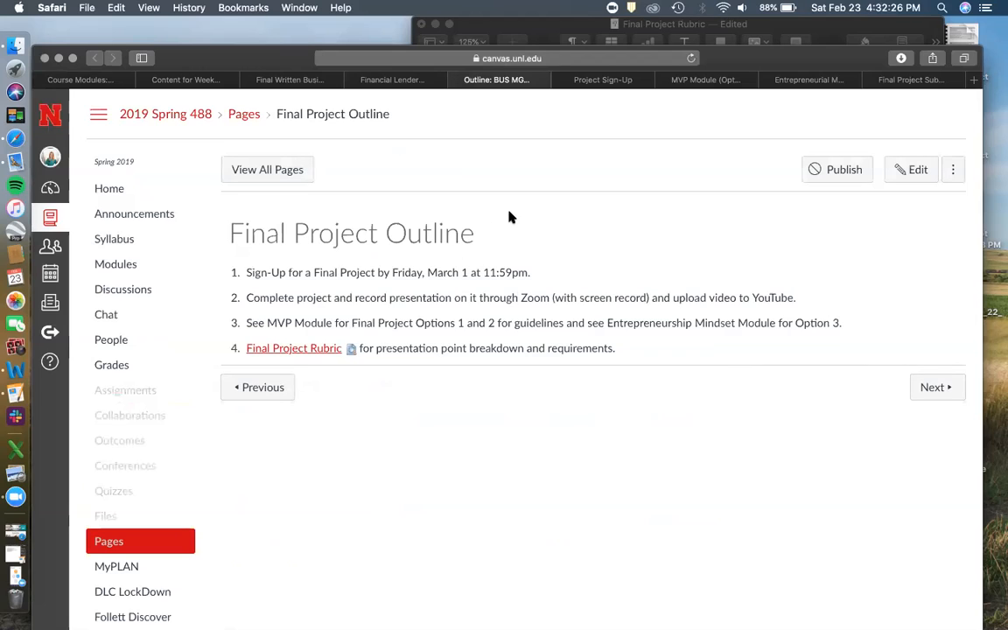Okay, so you're going to have one of 4 options. It's kind of a pick your own path for your final project. First, you're going to sign up for one of the 4 by March 1st, which is this Friday by midnight. So that way I know who's completing what and gives you accountability to complete the one you've chosen. Second, you're going to complete the project and record a presentation on it. And it's going to be a quick, at least 5-minute presentation through Zoom with screen record